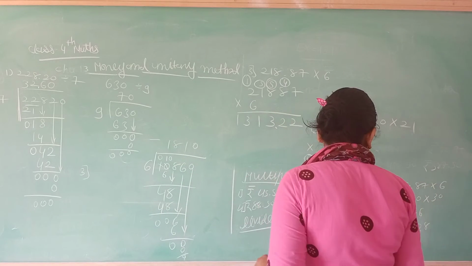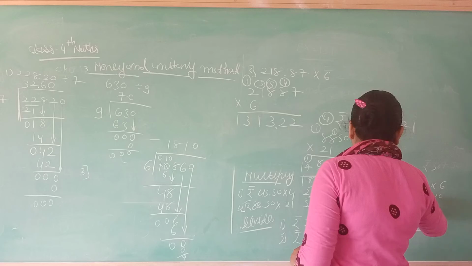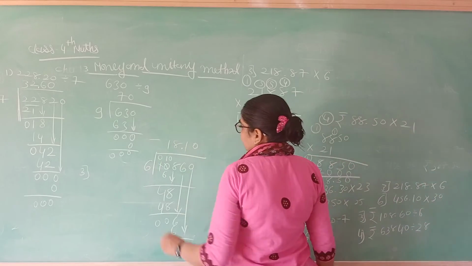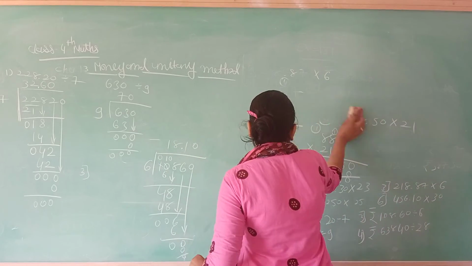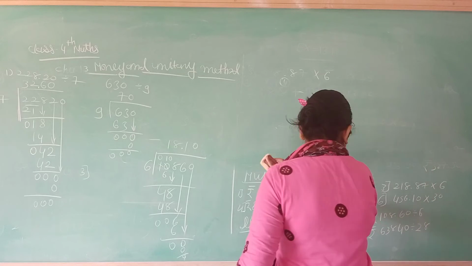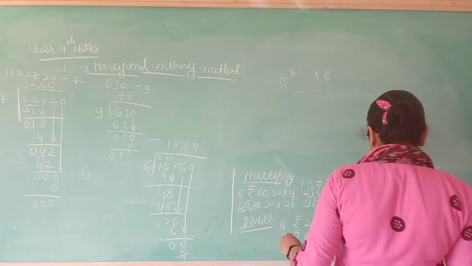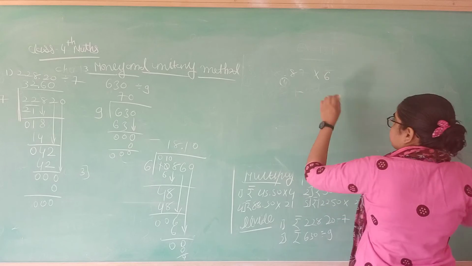Then how many decimal points do we cut here? 1 and 2. So 2 decimal points cut. So your answer is 18.10. Okay. Then next sum, and our last sum is